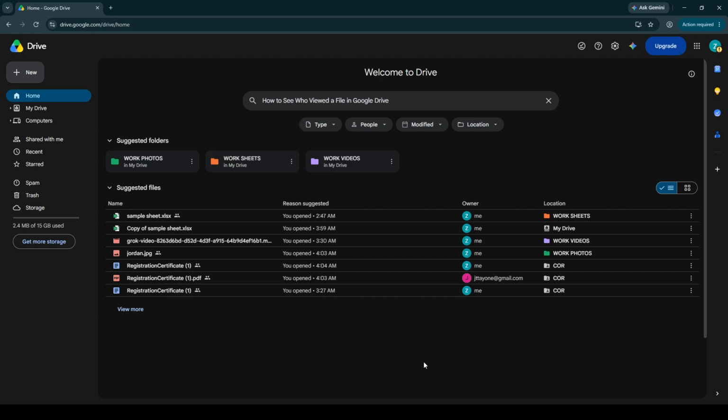Whether it's for professional audits or just personal curiosity, knowing who viewed your files in Google Drive can provide you with the insights you need to manage your shared materials effectively. Let's get started with this step-by-step guide on how to unlock these details using Google Drive's web interface. This method will help you keep tabs on your files and make sure you're fully aware of how they're being